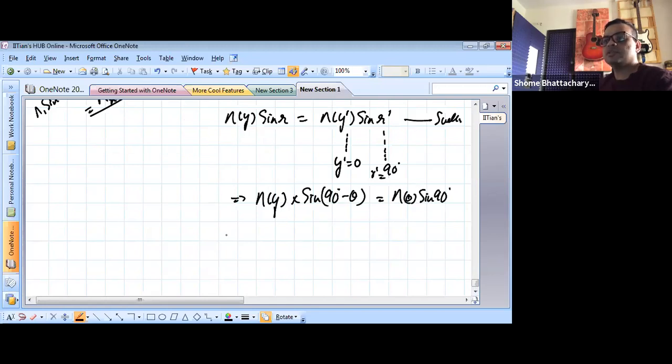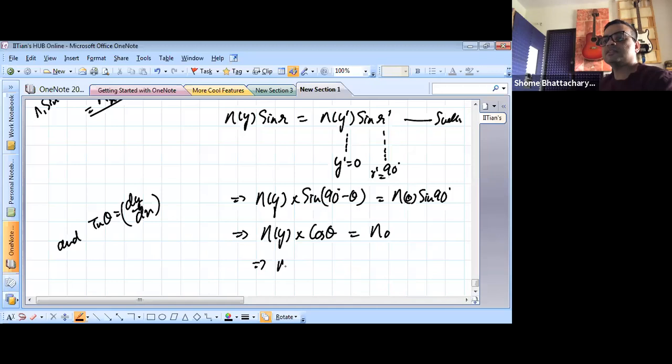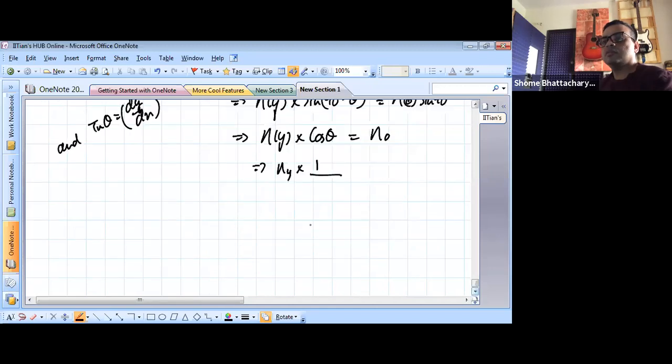This is a concept. So we have refractive index as a function of y into cos theta is equal to whatever this n at 0 was. And we have tan theta is equal to dy by dx. Cos theta we can write as 1 upon square root of 1 plus